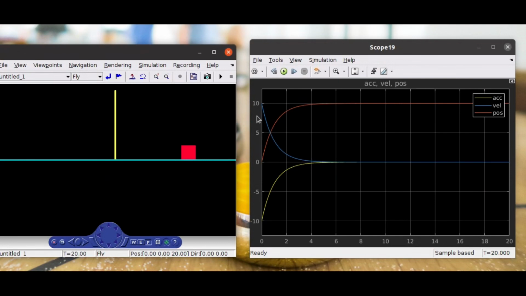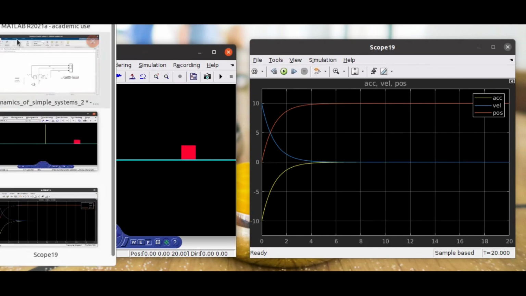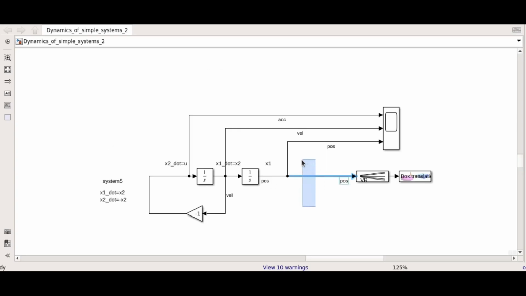You would have noticed in this simulation we have not taken any corrective action based on the position of the body. The only corrective action that is taken is based on the current velocity of the body. And thus we couldn't achieve our desired objective with respect to position. With respect to velocity, we are able to bring it to 0.